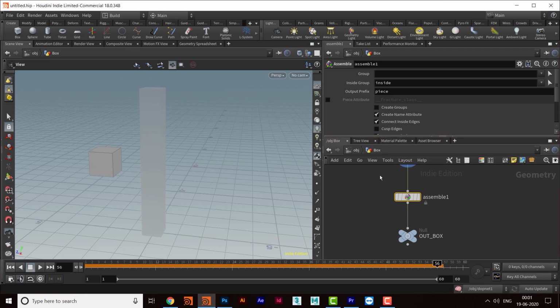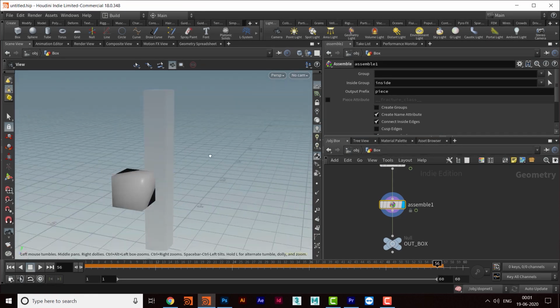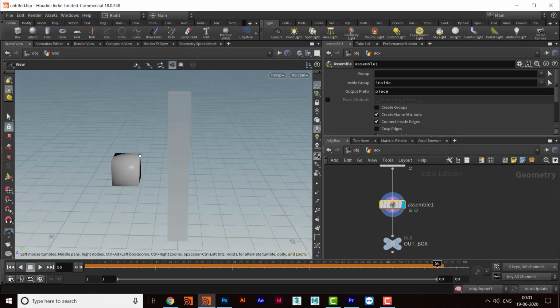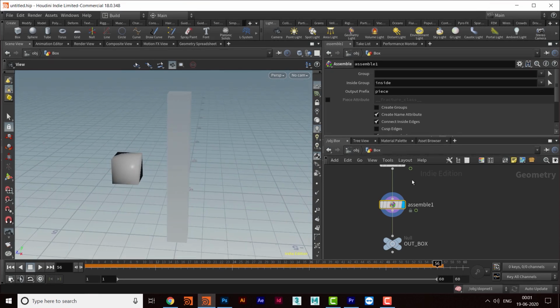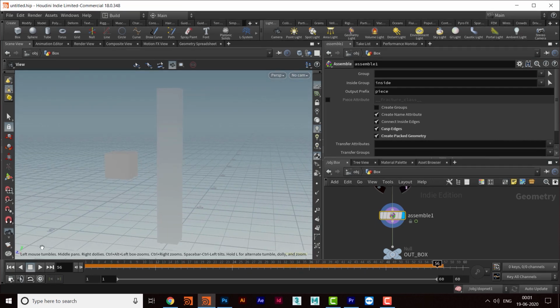So we will do one more thing. When you change that object to packed primitive, the edges will look weird, and this will give you some shadowy kind of thing. To get rid of that, this Assemble node has one option called cusp edges. When all the edges of the object are cusped, then this will look the same as it was before.